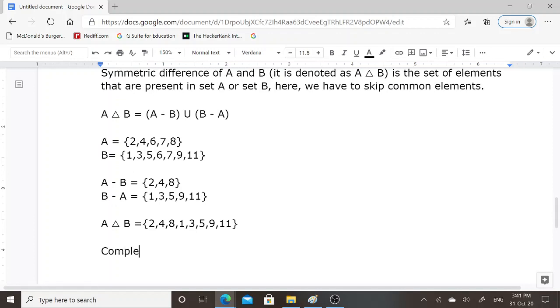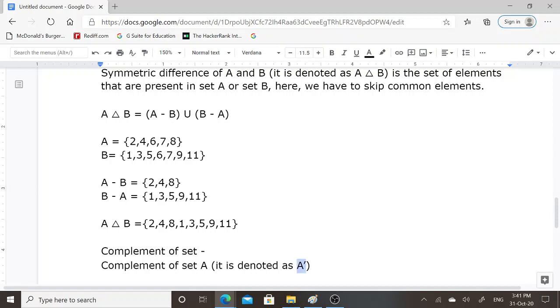Next set operation is complement of set. Complement of set A is denoted as A dash.